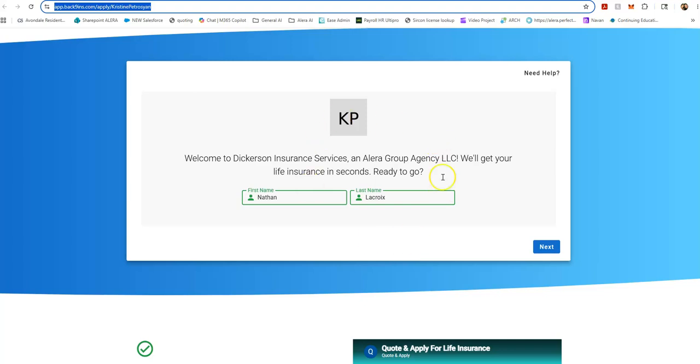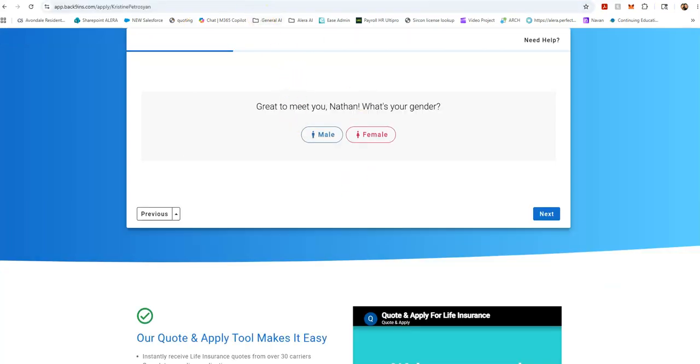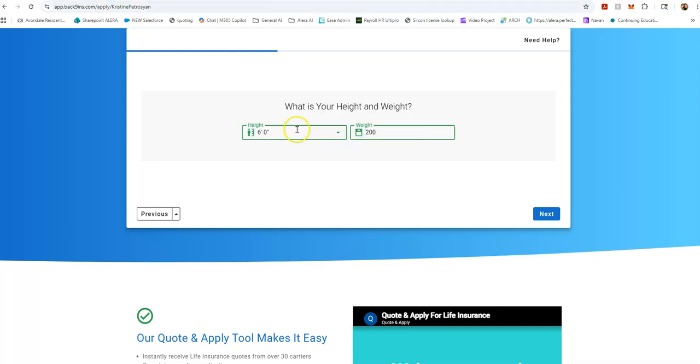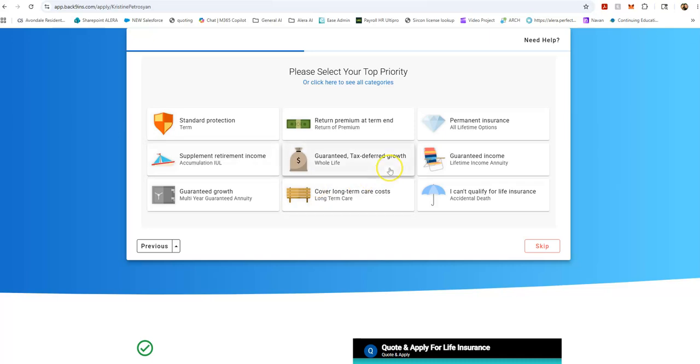It starts like this. This is what the client sees, or if you're with them in person, this is what you can type in as well. Just your first and last name. Then you can get over to your gender as well. You can also check if you smoke also. Then you go over your height, your weight, your date of birth, and then it gets you into the product